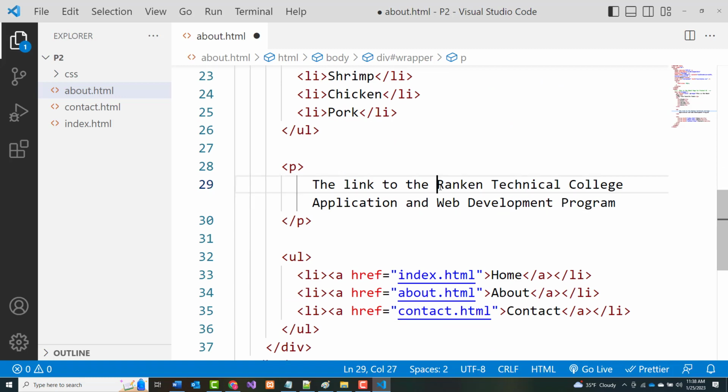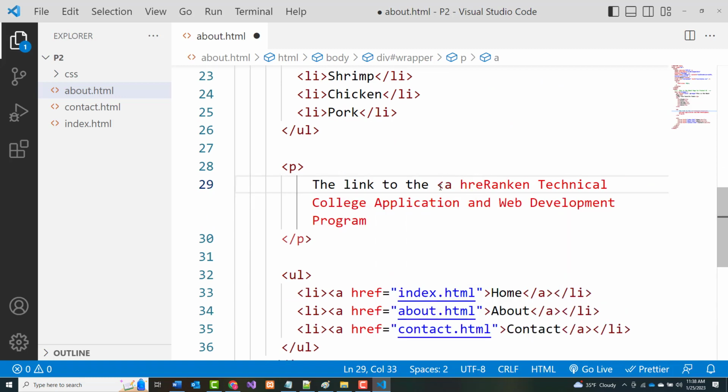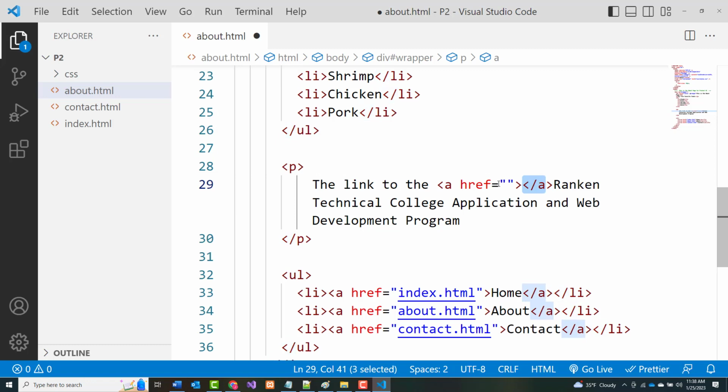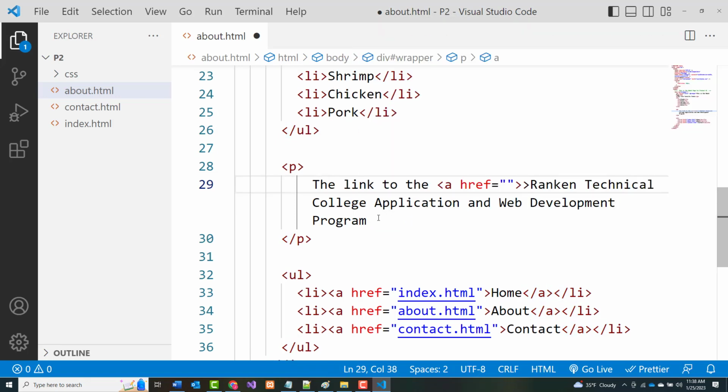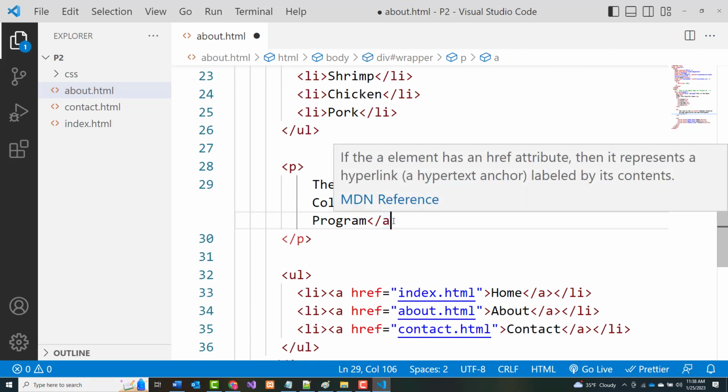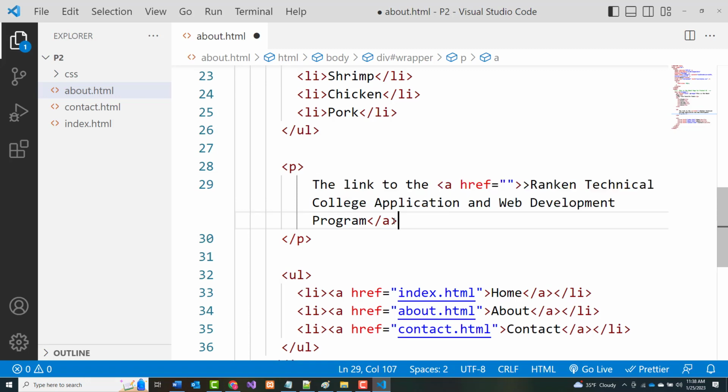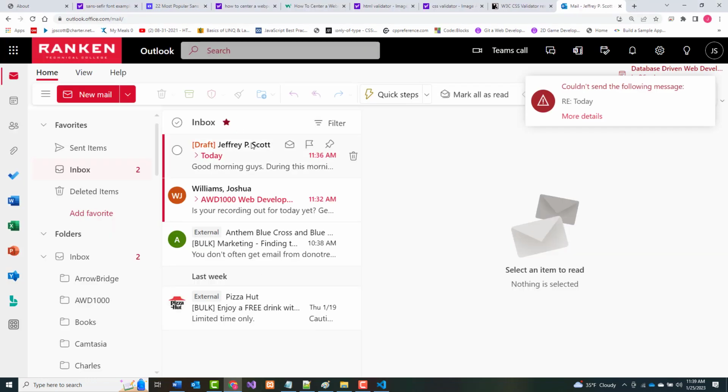Okay, so I'm going to put an A there, href equals, not sure where that'll be exactly, but we'll fix that in just a moment. And we'll end that and put a period on the end. Okay, get rid of that. Now let's find where that lives. So I'm going to go out to Rankin's site,